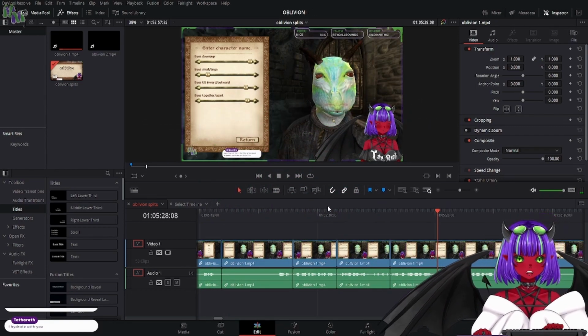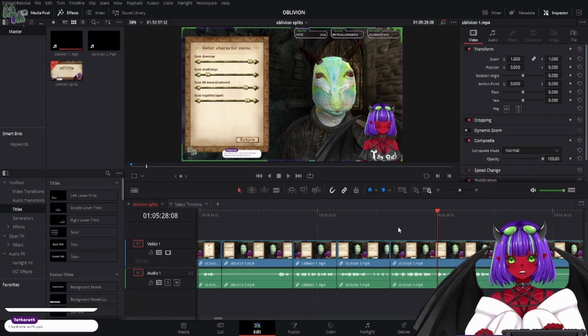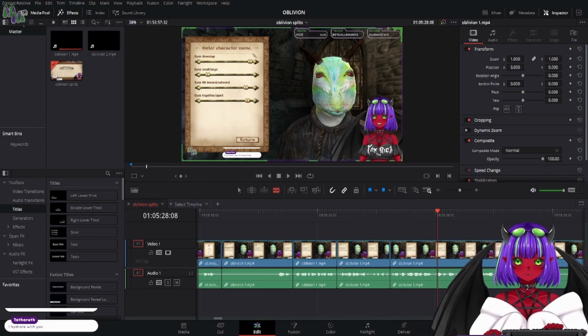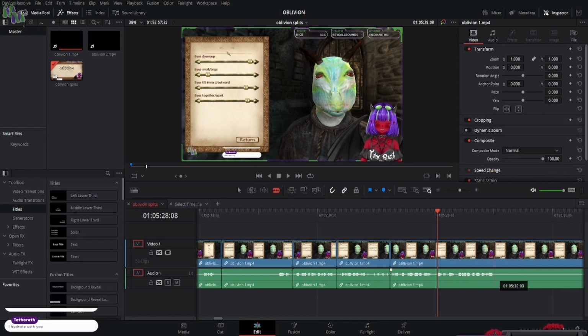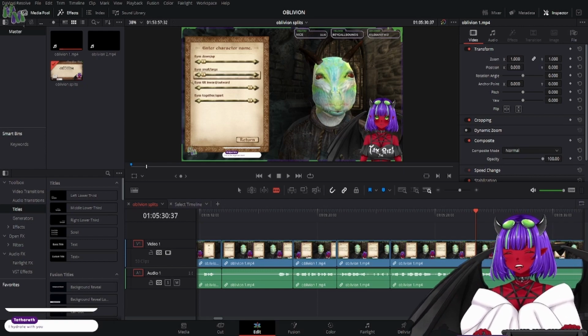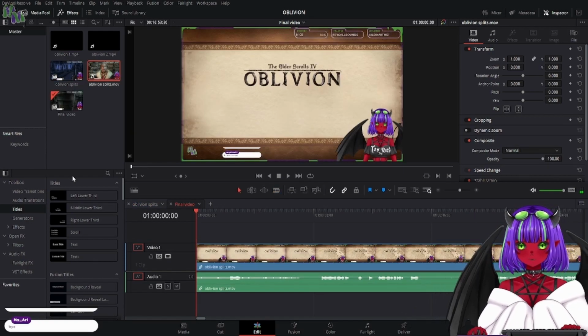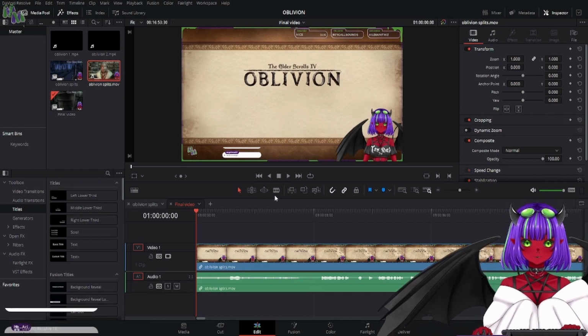Oh yeah, also, when it comes to splitting and everything with the blade tool, you'll notice that often, if you are around the area where the cursor is, it will automatically lock to where the cursor is. However, if you are wanting to be more precise, you can turn off this magnet here in order to do that sort of thing. There are various scenarios where that is useful, but I can't think of what they would be at the moment. Let me go ahead and go through this and see if I can refine the trims a little bit further,